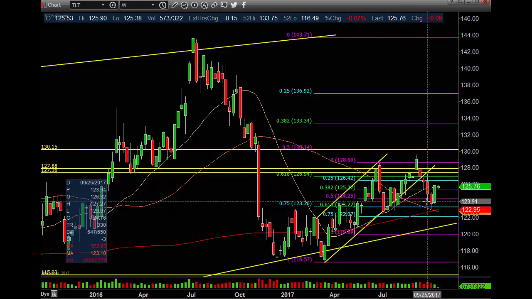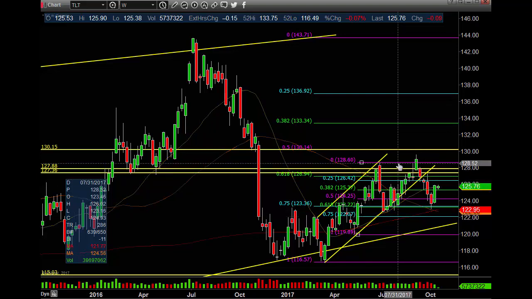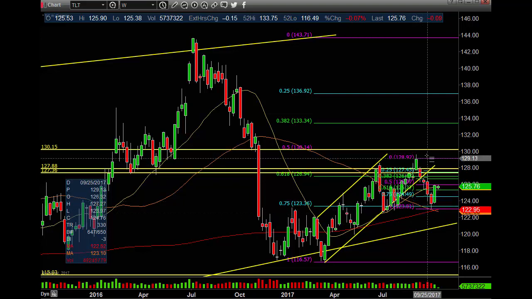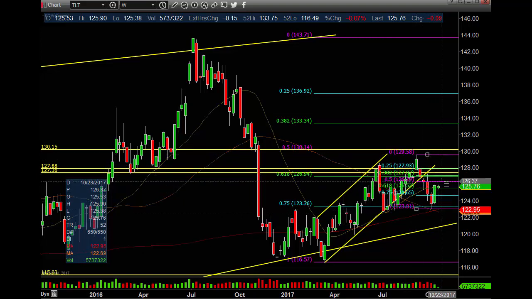But if this area breaks around 122.50, 122, the blue line or the 750 retrace, hold on, let me stick this in better here. I got a couple different retraces in here. Let me put this short term in here. I just want to see where this one went. Yeah, so we're 382, so 50. Okay, so if we go up,